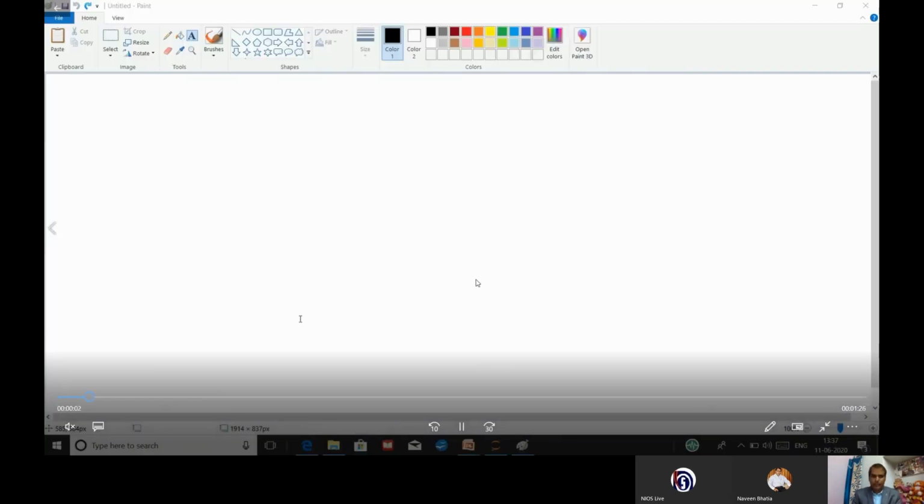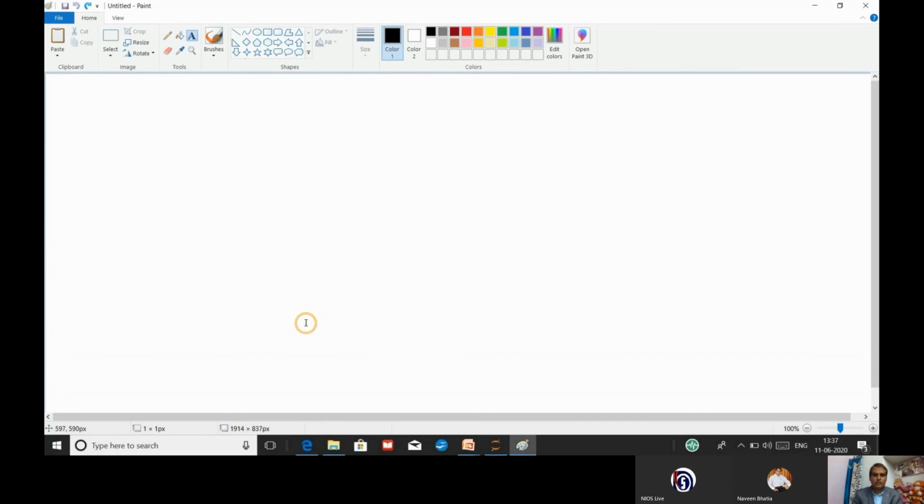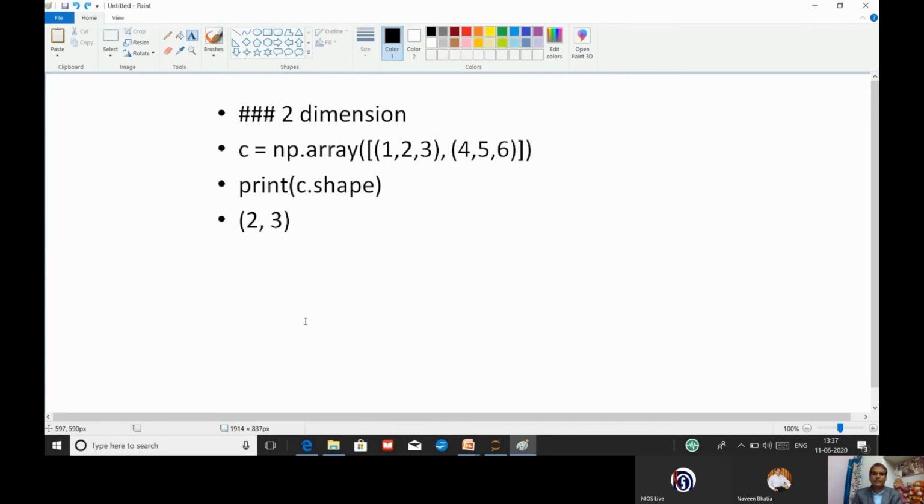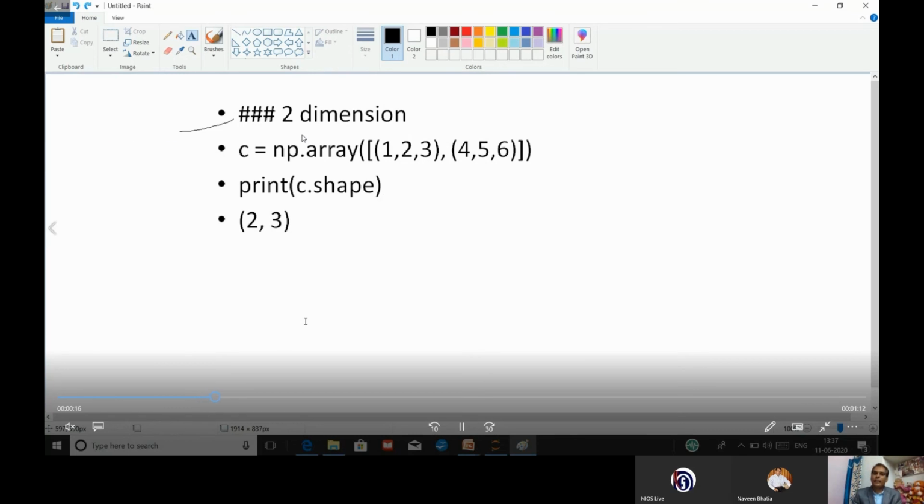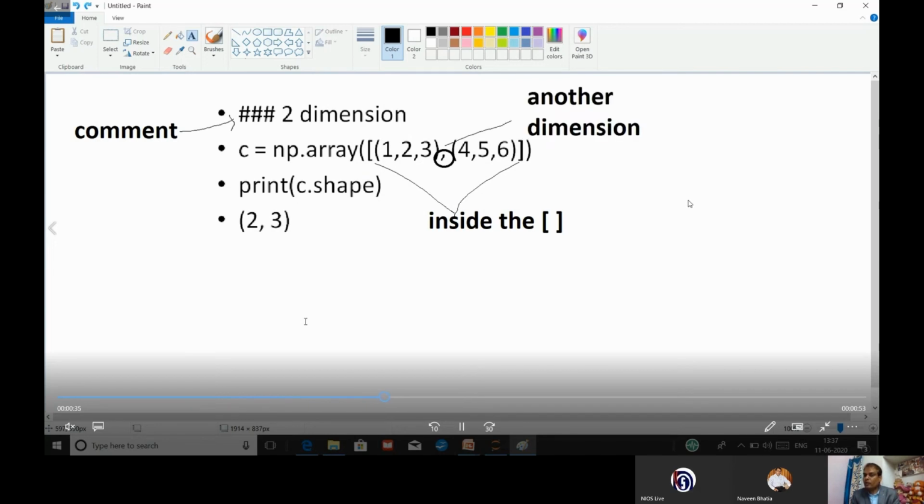2D array example. So first, the same example we will take. Right? The first line is called a comment line, as you know very well, with the help of a hash. Inside the square bracket, we have to put the values. When we want to add one more dimension, we have to put a comma here. We have to add one more square bracket and close one more square bracket.